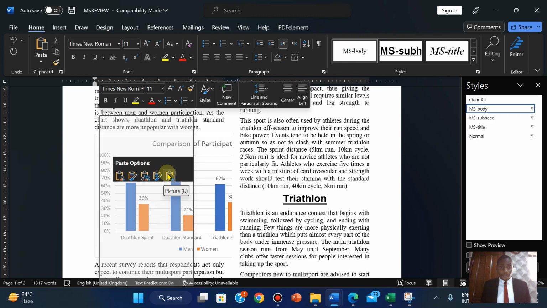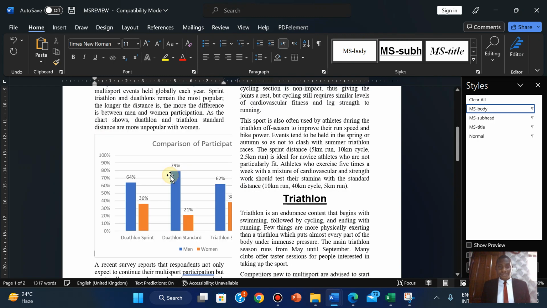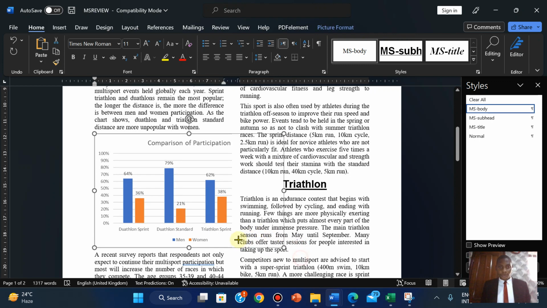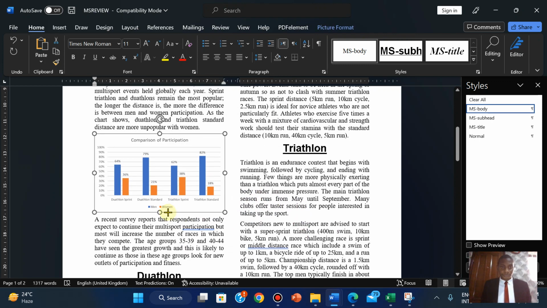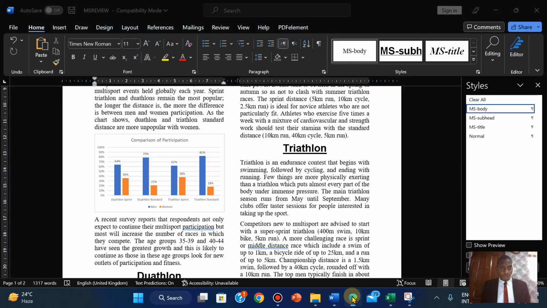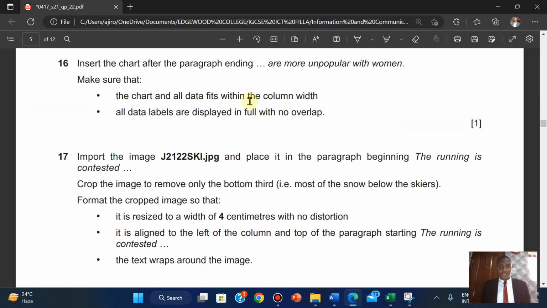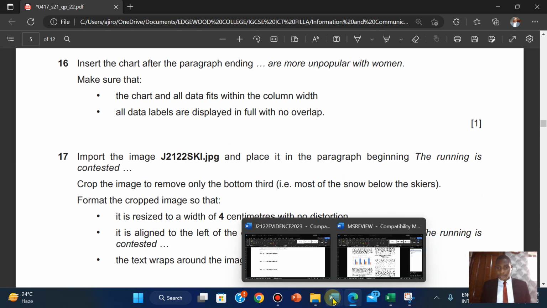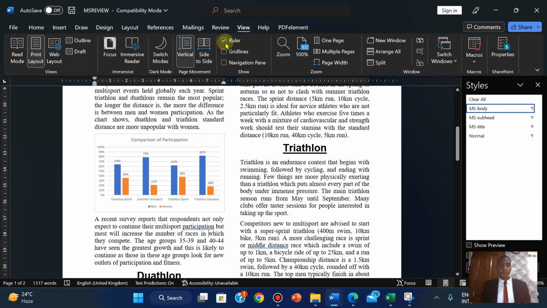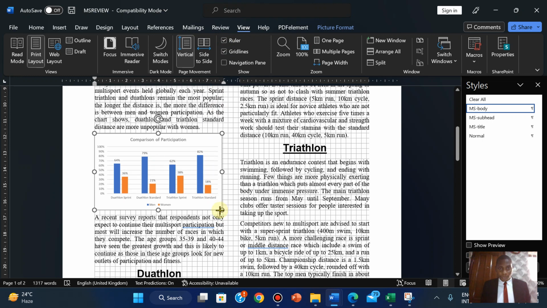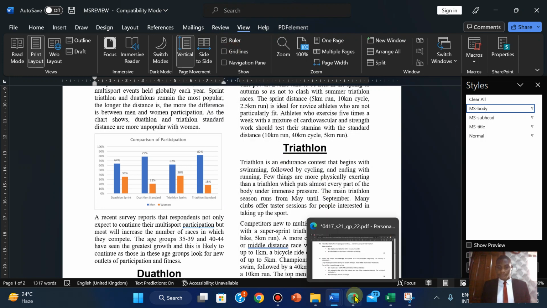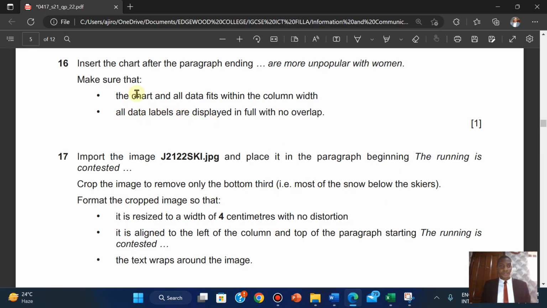I think I'm going to put it as a picture because picture works best. So I'm just going to do this. Yes. Okay. The chart and all data fit within the column width. If you check, they fit within the column width. So click on view, click on gridlines, and just going to adjust this. Yeah. And all data labels are